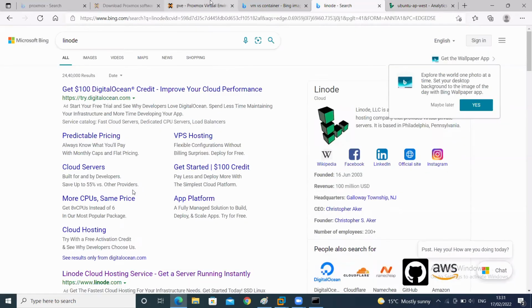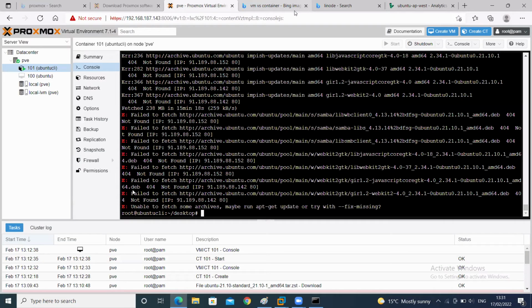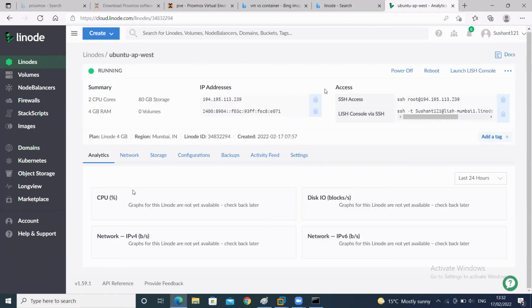Sir, if I want to create a new website, can I use the steps you've given? If you have a website, you require hosting of a public domain, so you require a public IP address.